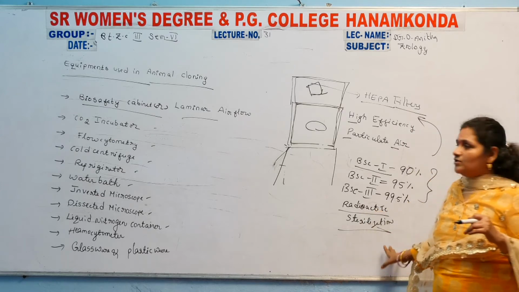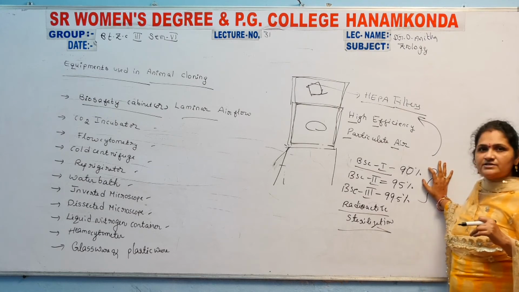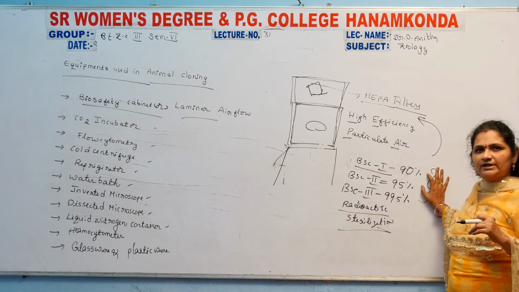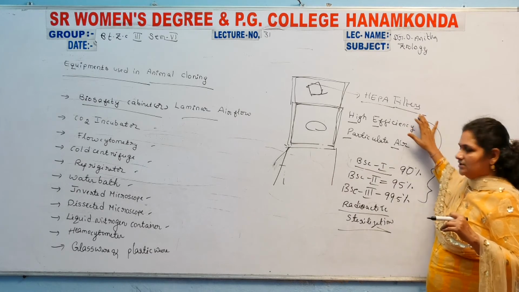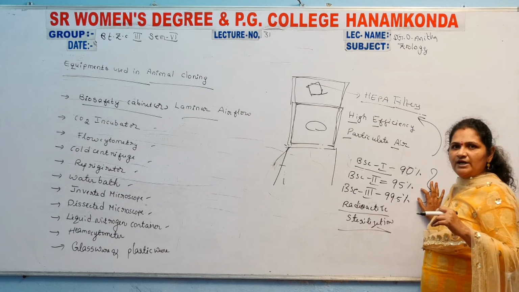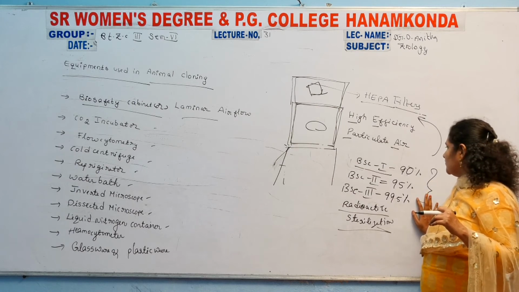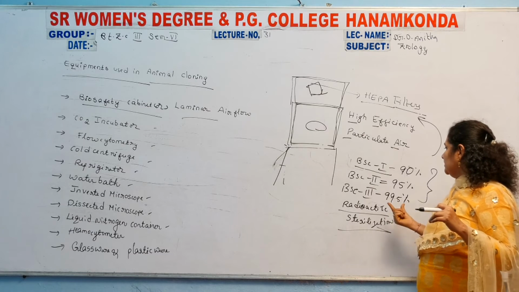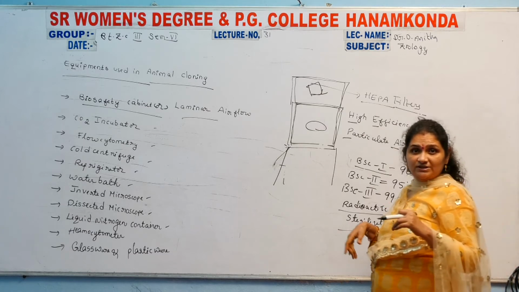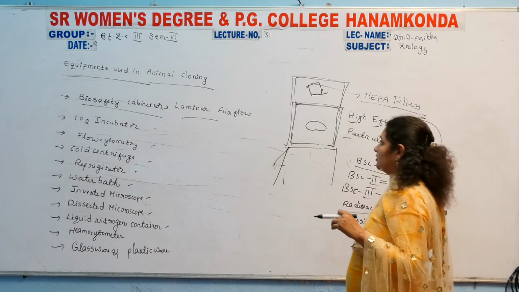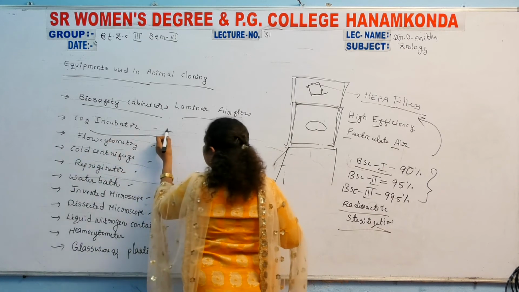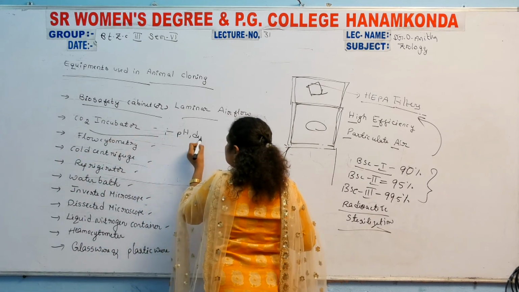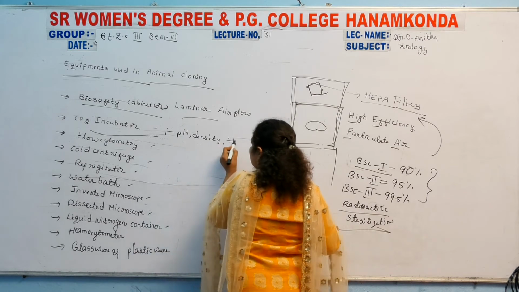The capacity of those filters varies. Type 1 filters give accuracy and safety up to 90% only. Type 2 BSC, nothing but biosafety cabinet, also possesses HEPA filters; type 2 has up to 95% accuracy and safety, and type 3 has 99.5%, meaning more accurate and safer than the remaining two. That was about the biosafety cabinet. Next, the CO2 incubator may provide the pH, density, and also the humidity.